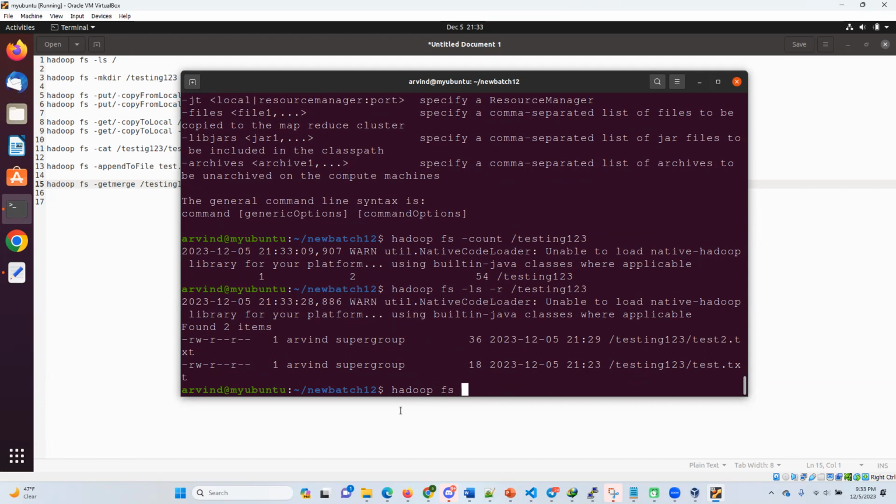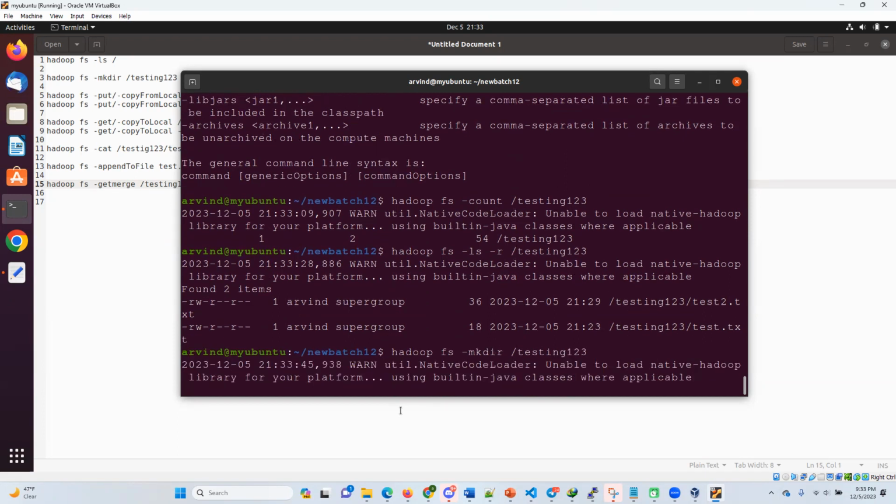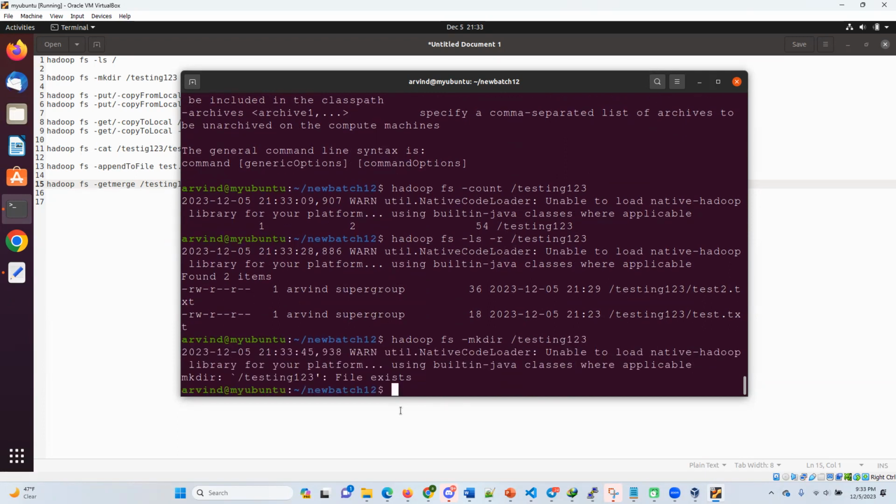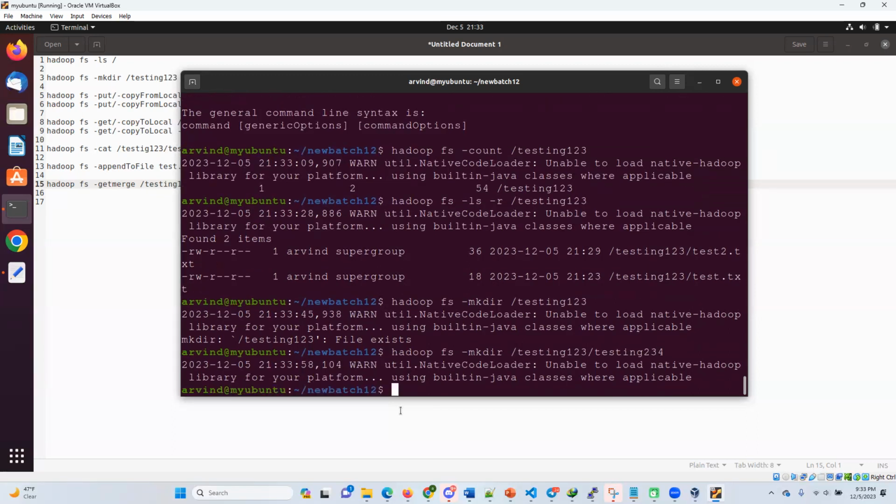Okay, right now a directory is not there. So I create one directory inside testing. I create another directory inside this, test 234. 234 I created. Now if I do this command,